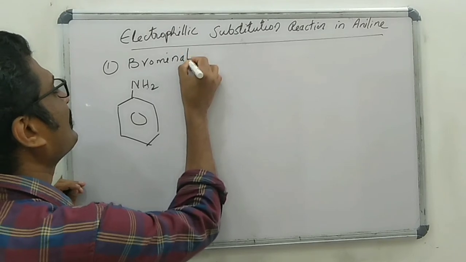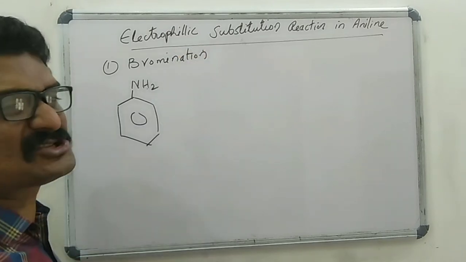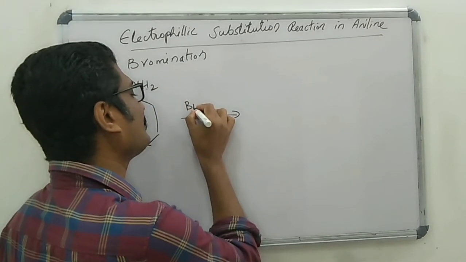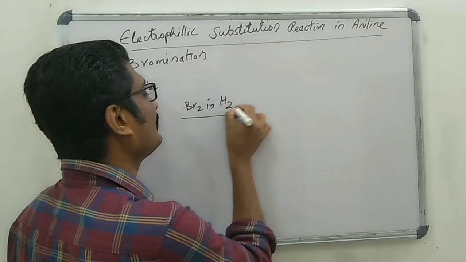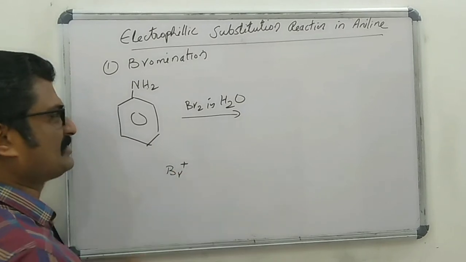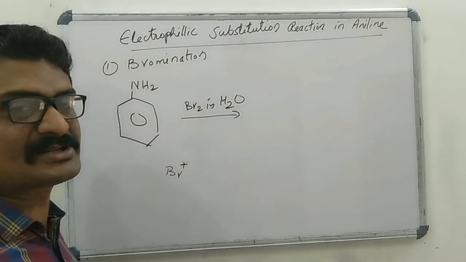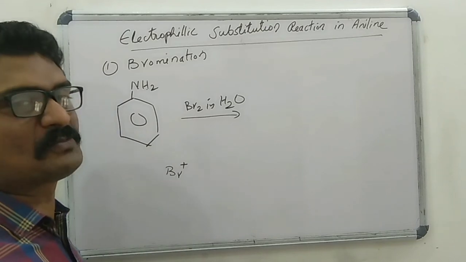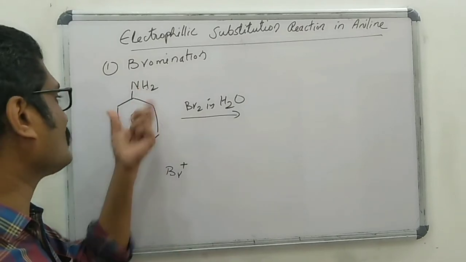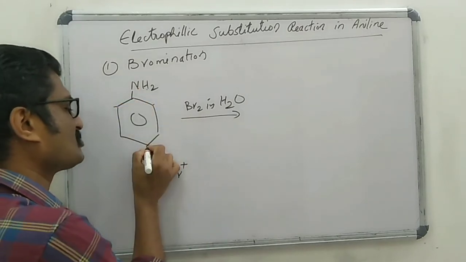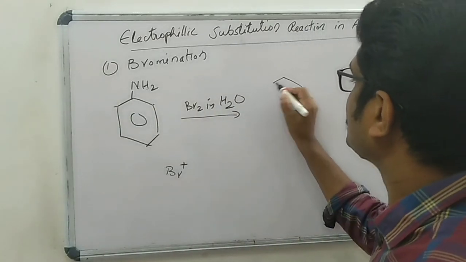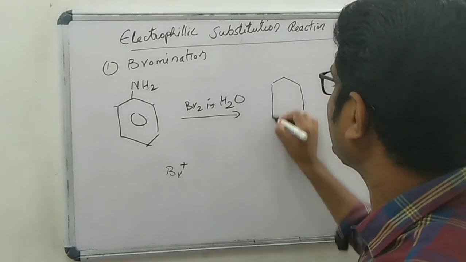The first example for electrophilic substitution is bromination. When aniline is treated with bromine water, the electrophile Br plus is directed towards all the available ortho and para positions of aniline. With respect to the NH2 group, we know these two positions are ortho positions and this position is the para position. Then the electrophile Br plus is directed towards